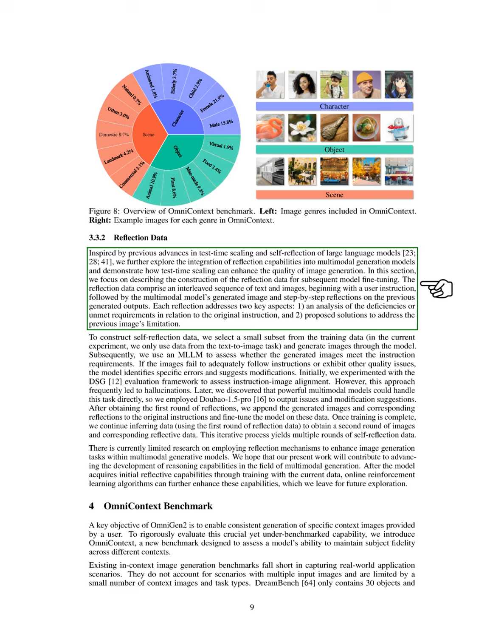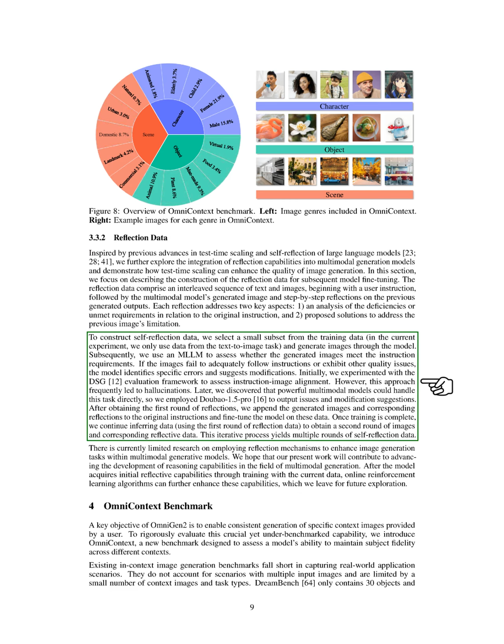Each reflection focuses on 2 main points: analyzing shortcomings related to the original instruction and suggesting solutions for the identified issues. To create self-reflection data, we select a small subset from the training data, specifically from the text-to-image task, and generate images using the model. We then use a multi-language large model to evaluate if the generated images meet the instruction requirements. If the images do not adequately follow the instructions or have quality issues, the model identifies errors and proposes